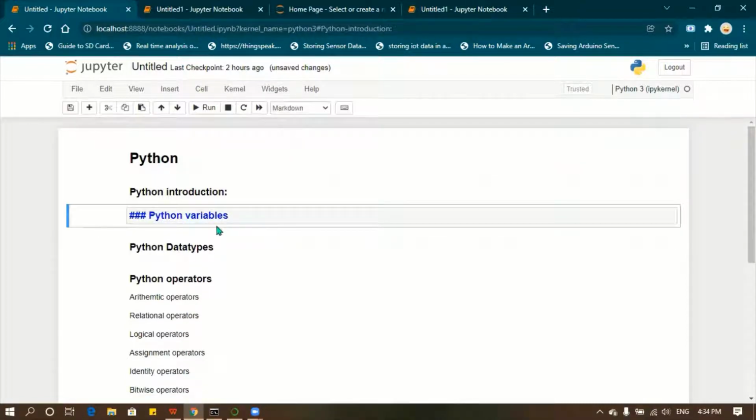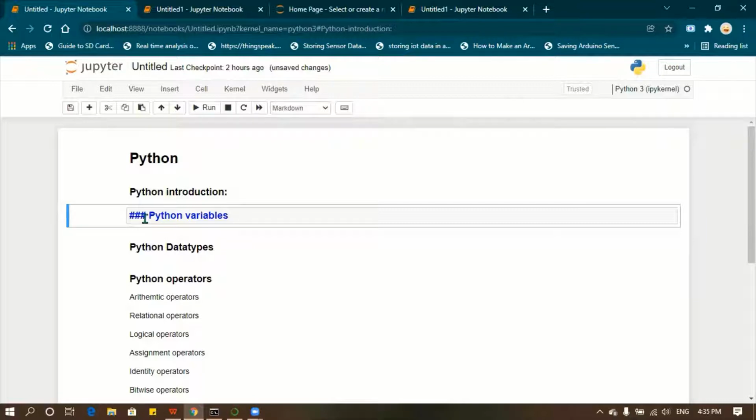So here you can see I have used the 3 hash. If you learn Python, or HTML, you will have headings H1, H2, H3 to H6, right? Those things can be done here using the hash symbol. If it is a single hash, it is H1, double is H2. Likewise, you can use the hash symbols here in markdown. It will denote it as heading 1, heading 2, heading 3 like that.